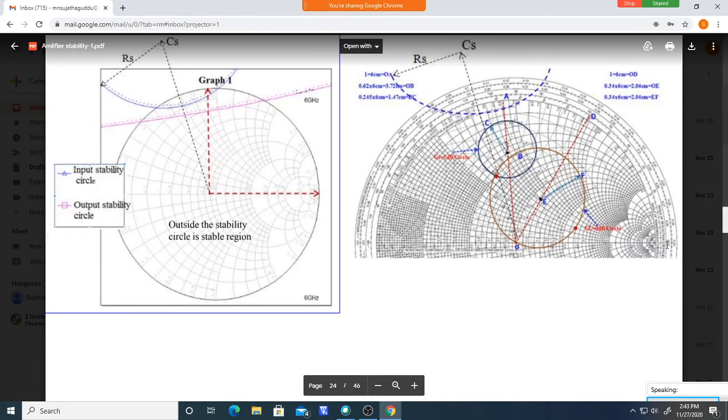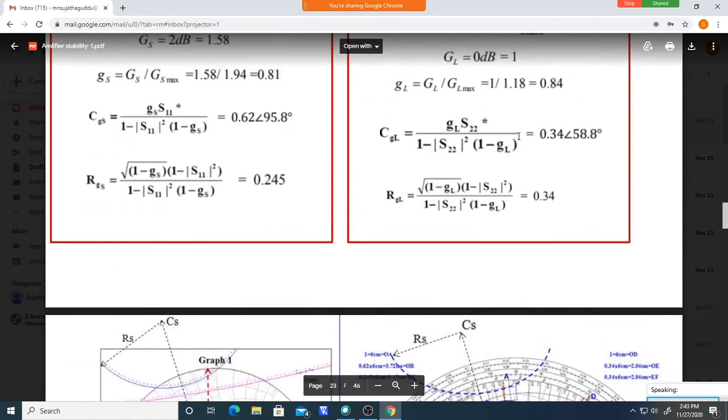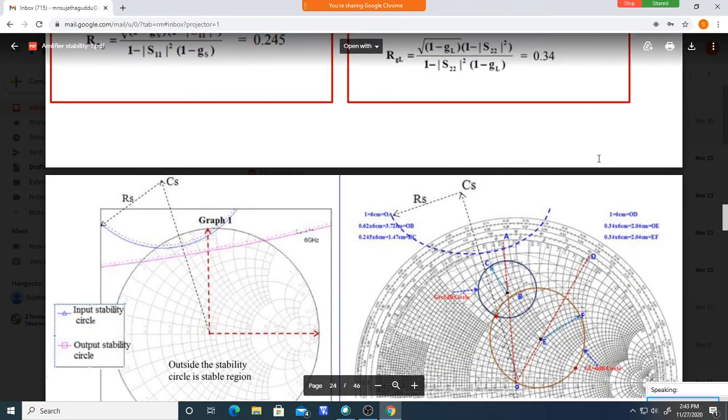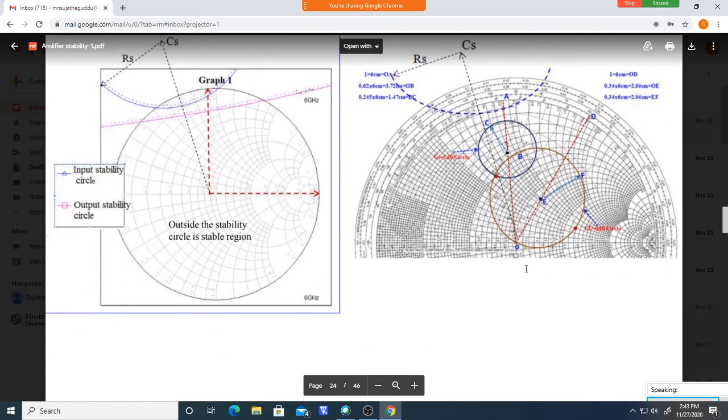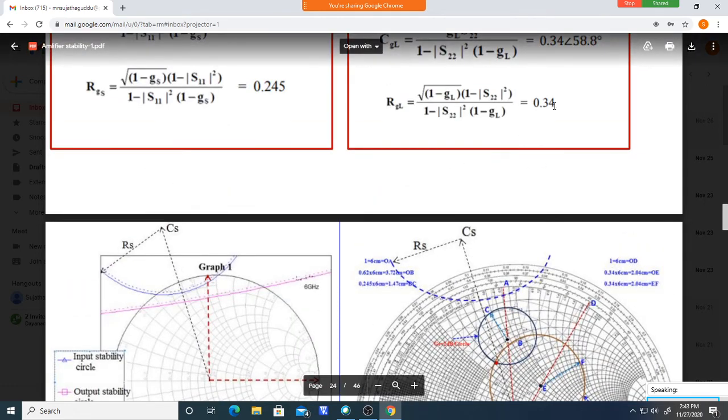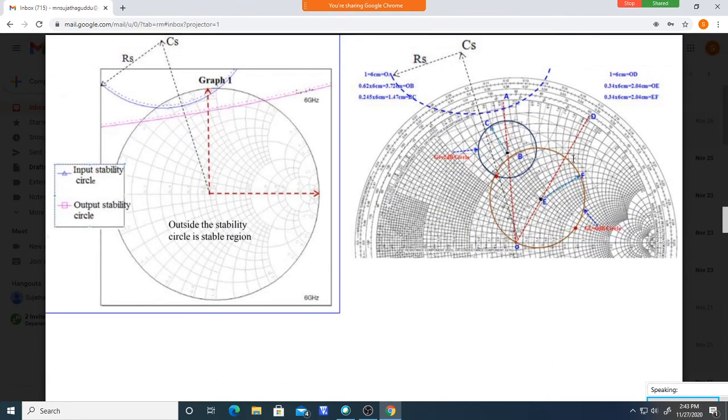That means, see here, this is the center, the 0 degree. You move like this. This is 58 degrees. Draw a line, the 58 degree line. Over this, you should mark the center at 0.34 multiplied by 6, that is around 2.4 centimeters. So from here you mark 2.4 centimeters and take it as the center of the circle. The radius is again 0.34 multiplied by 6, 2.4 something. Take the radius equal to this and draw the circle.